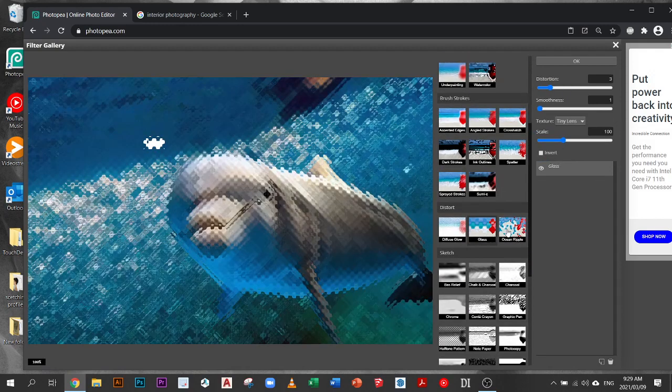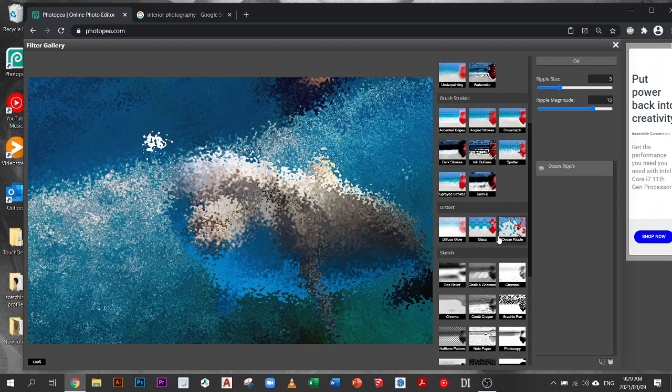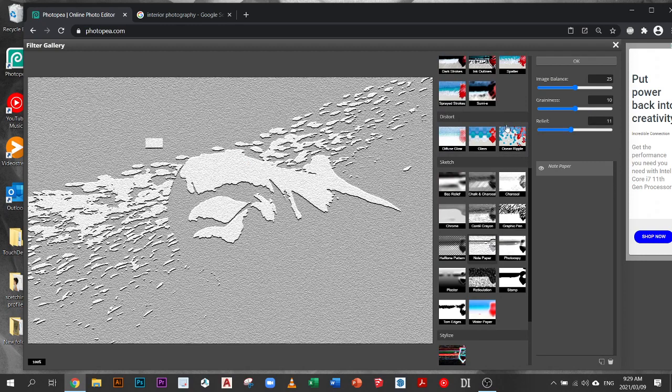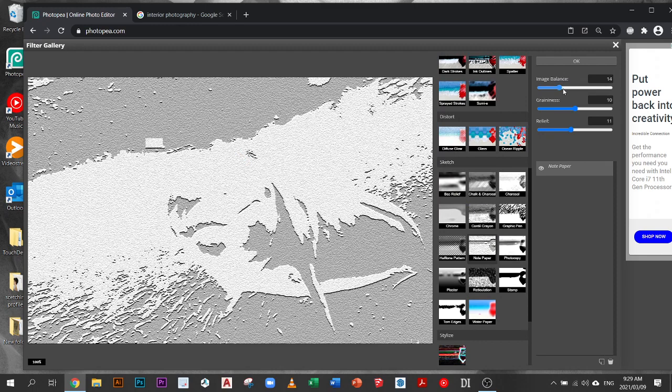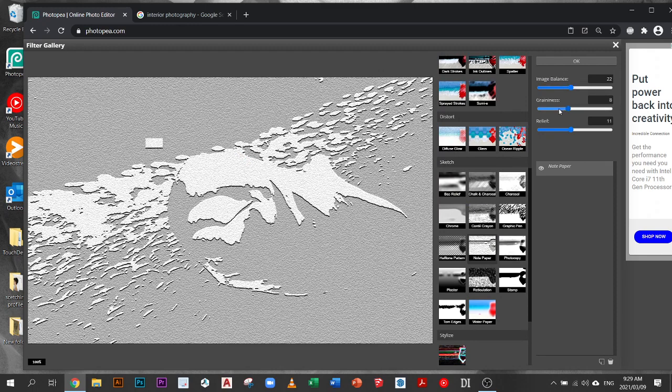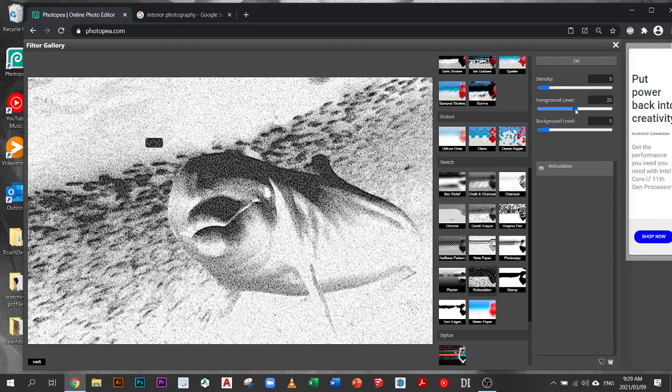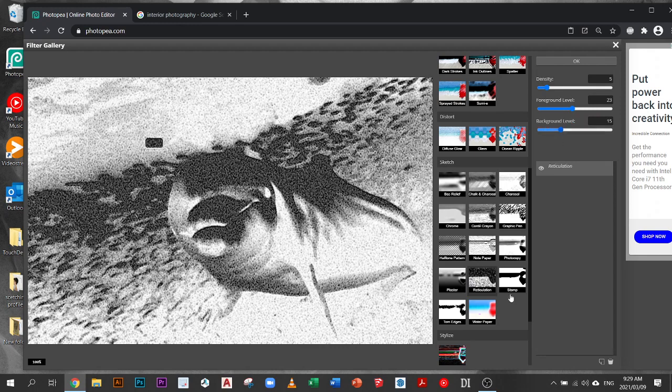You can do a glass distortion, ocean ripple, and then under sketching, these are quite interesting. Note paper, okay, and you can change the image balance like this. You can choose which part of the image. It's basically got two colors to choose from here, and you can choose how much. Look at that. Note paper, reticulation. Again, these are effects which I don't think you'll use very often, but I want you to be